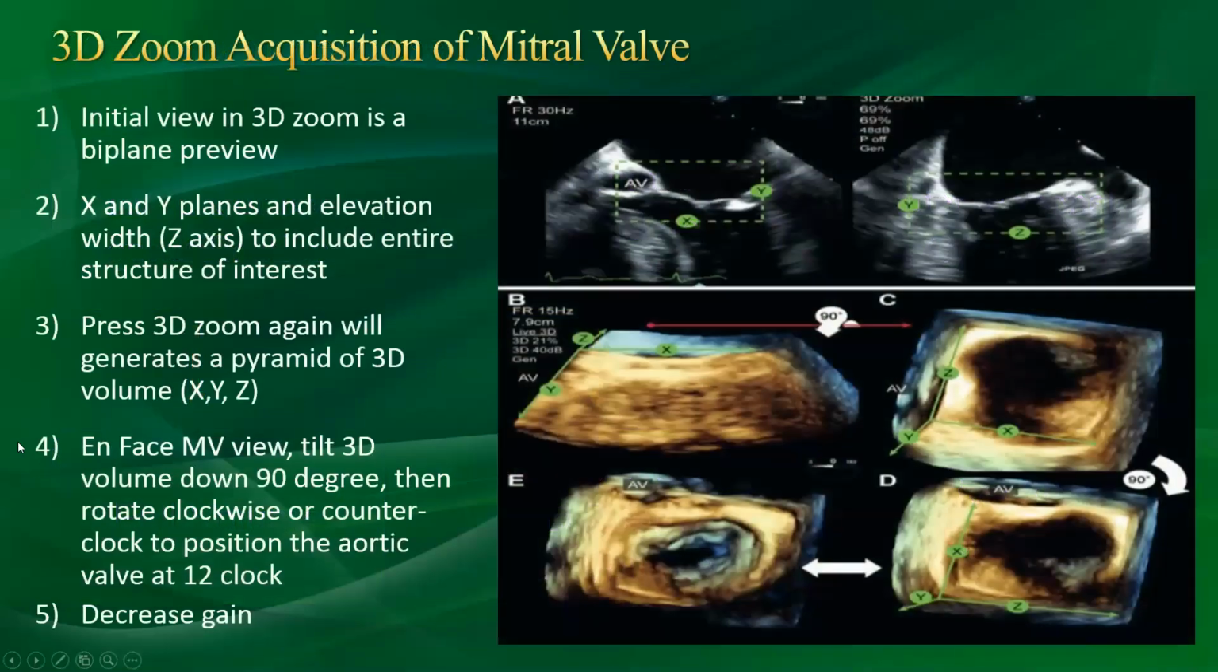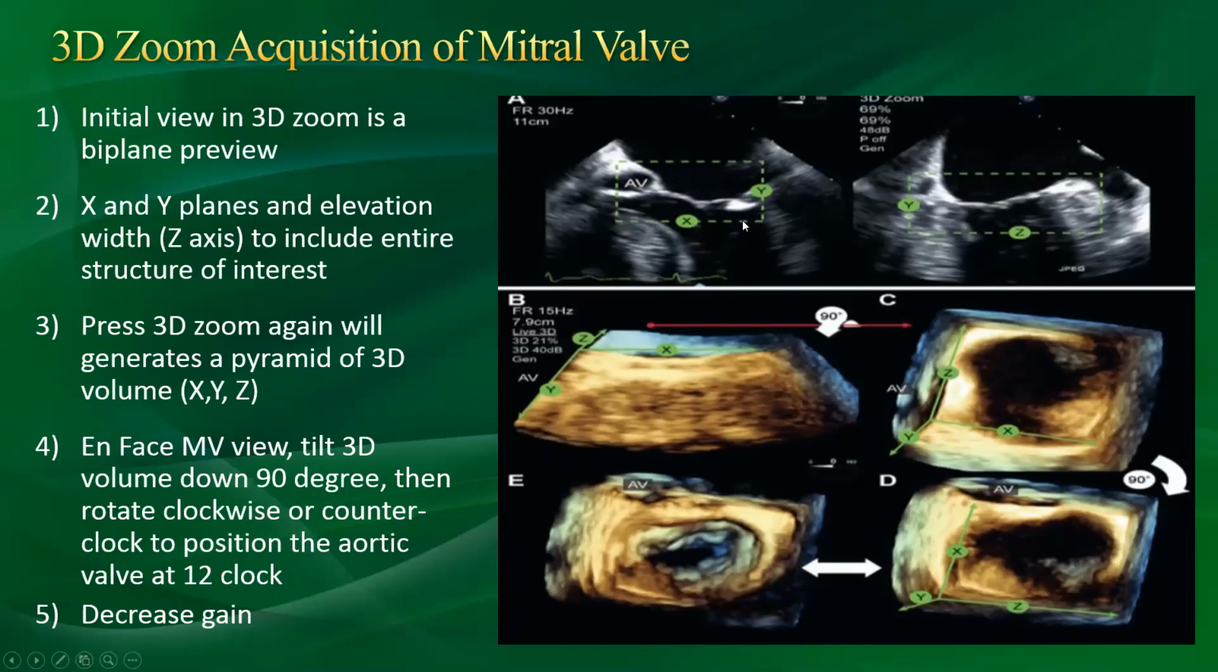Now let's do a very practical exercise here about the mitral valve, how you acquire that. I know people use different vendors, but the concept is the same. So always start with your 2D image. Optimize a nice 2D image of the mitral valve. It doesn't matter if you want to do it at 0 degree, 60 degree, or 90 or 120. It doesn't matter, as long as you see a nice mitral valve, and you hit the 3D zoom button